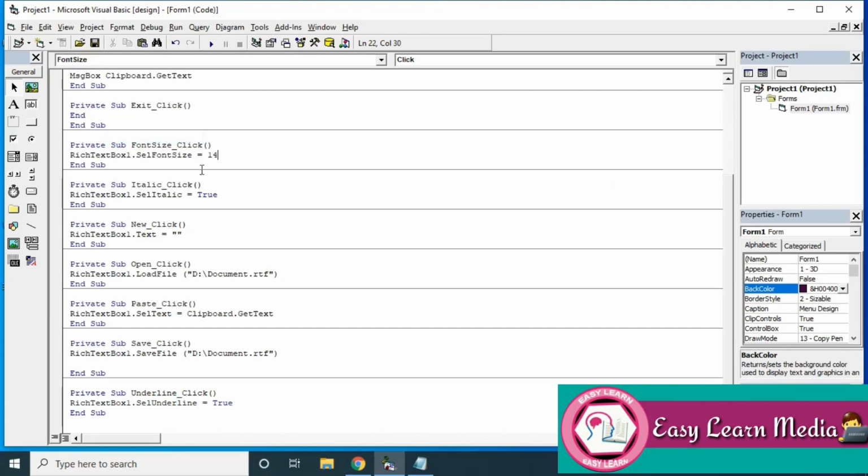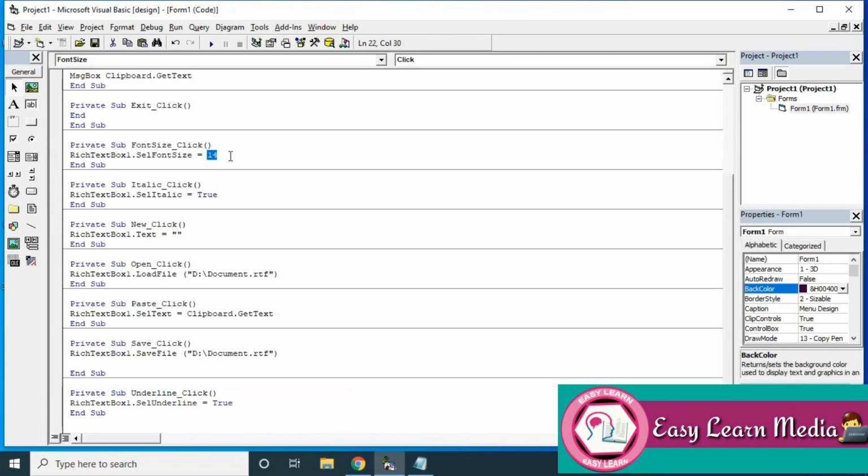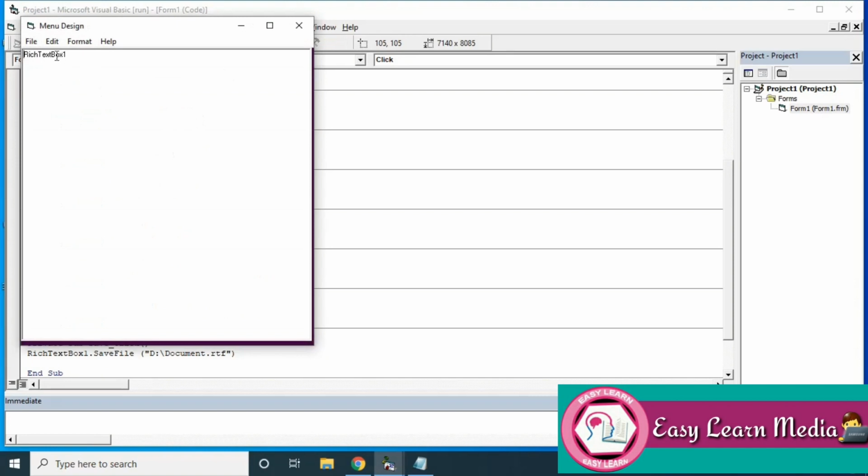You can give any number. By default it is 14. If you want to increase, you can increase. So I just opened a default file. I'm increasing the font size and it is increased. If you want to change, you can change the number. It is being increased, right?